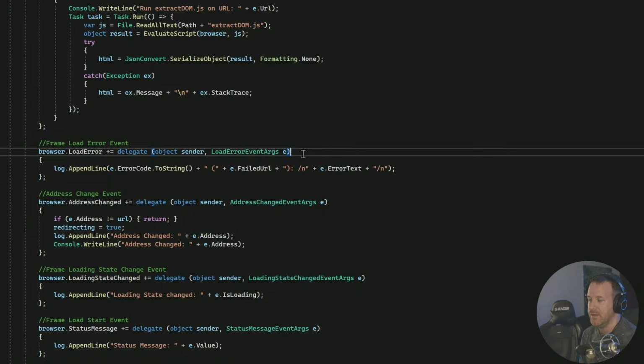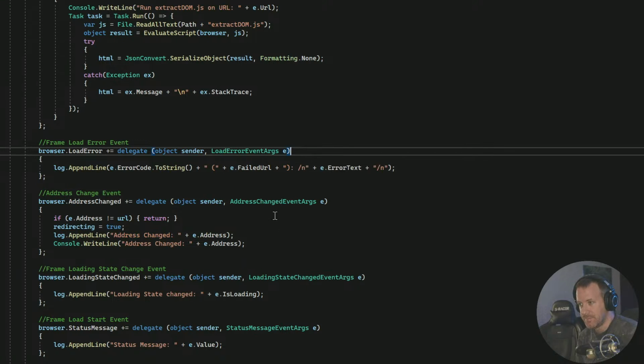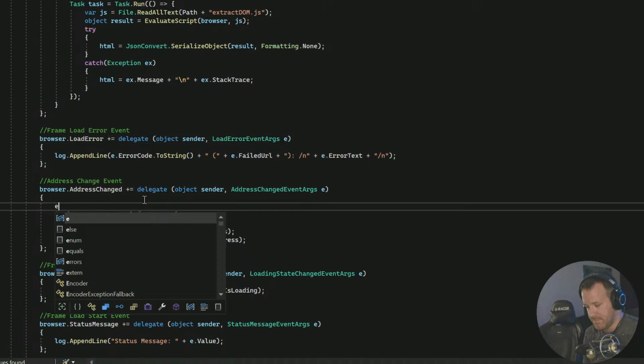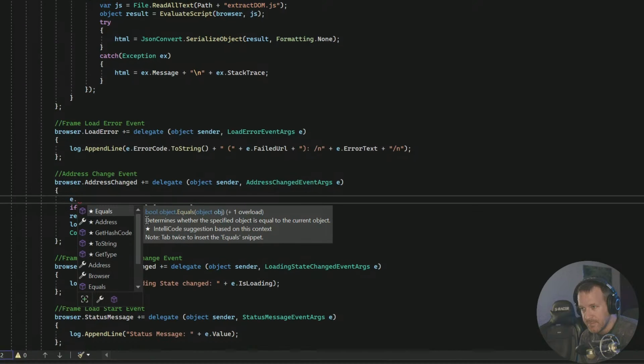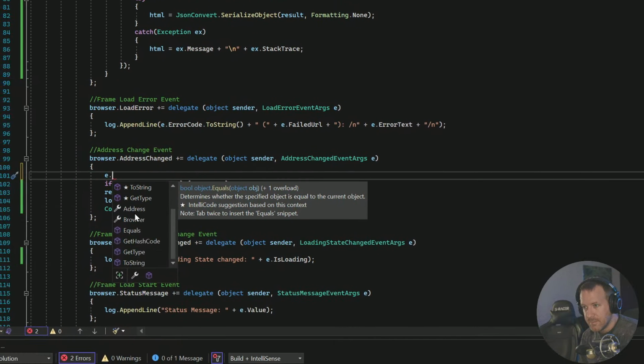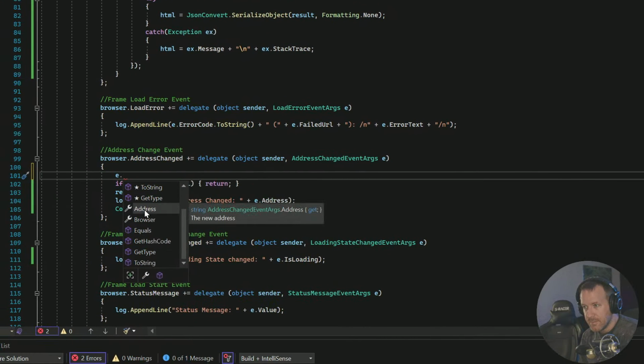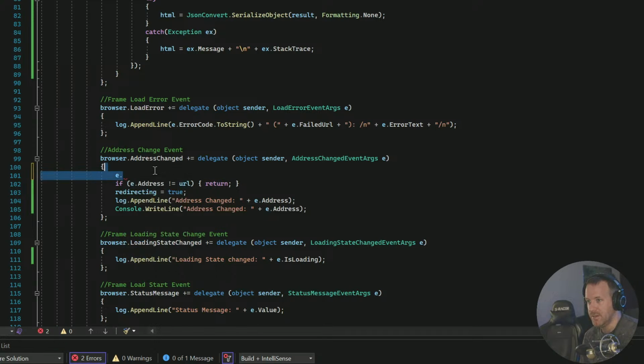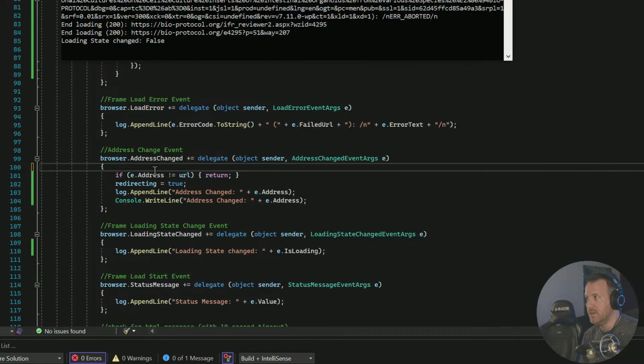Okay. The new address? That's bullshit. There is no new address for address change. I mean, you can clearly see